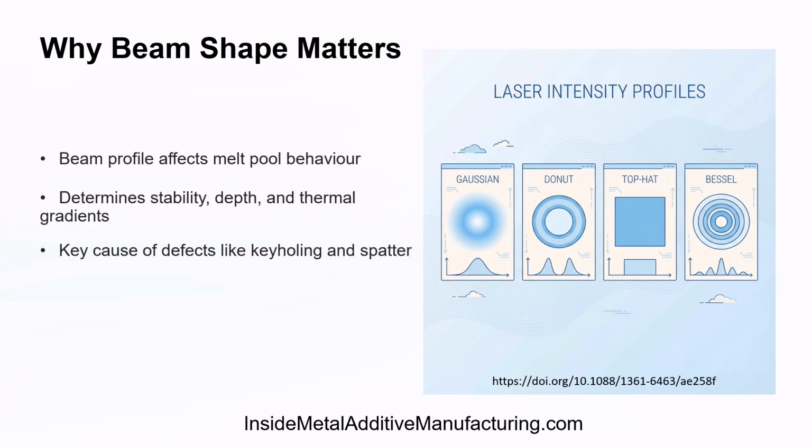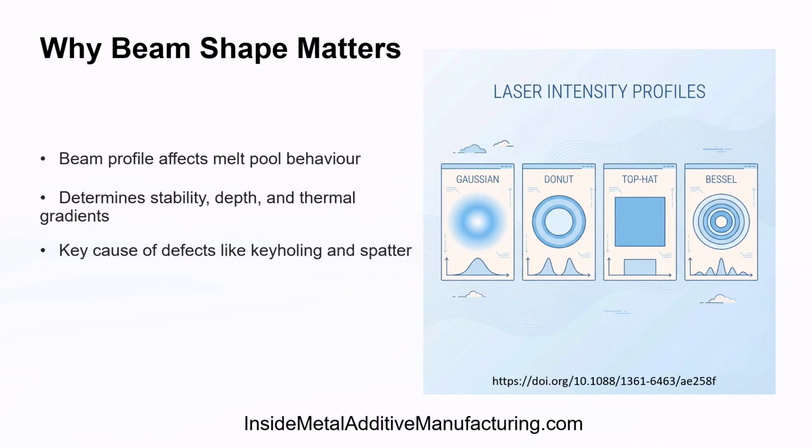In most commercial LPBF systems, the laser delivers energy through a Gaussian intensity profile, where the highest irradiance is concentrated at the center and decays radially outward. This energy concentration has significant physical consequences during melting. The sharp central peak of a Gaussian beam drives extremely high local temperatures, steep thermal gradients, and strong vaporization effects. These conditions intensify recoil pressure, promote spatter, and increase the likelihood of transitioning from stable conduction mode melting into unstable